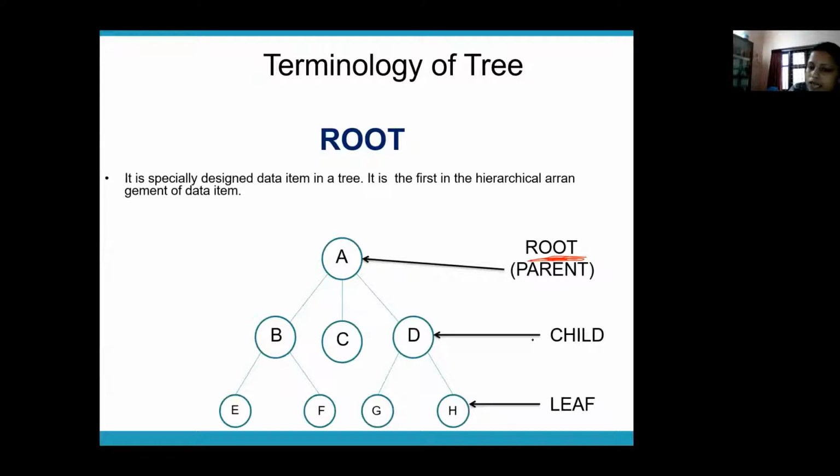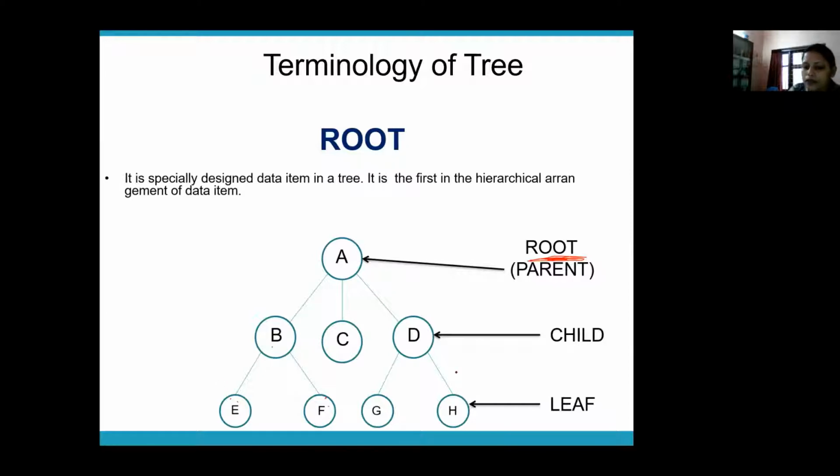All the remaining nodes can be referred to as the children nodes. Okay, so when you consider E and F are children nodes, whereas B is the parent node, but B is not the root node. Who is the root node? A is the root node. Okay, so whoever is the senior most ancestor, that will be the root node. So this is the root node. All these are children nodes.